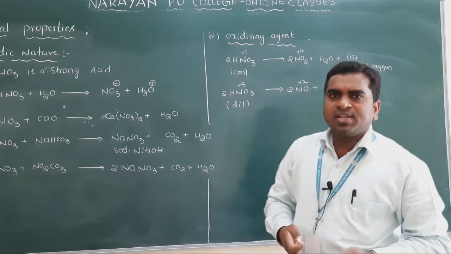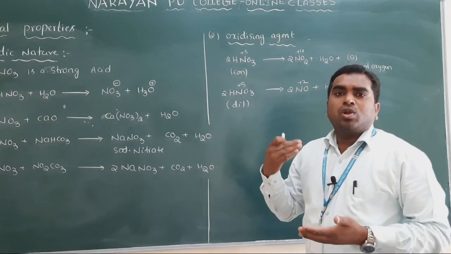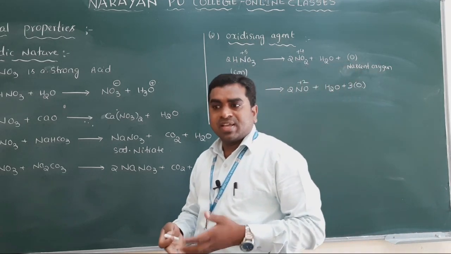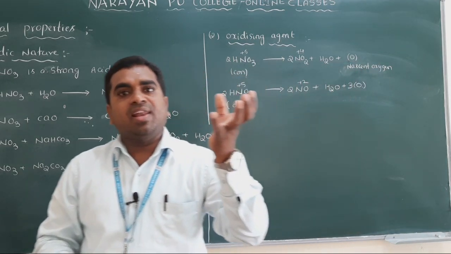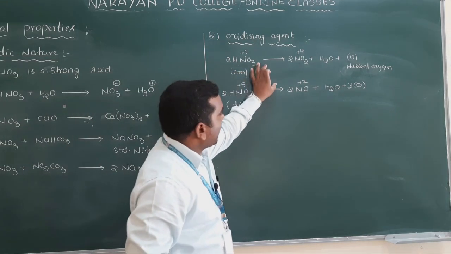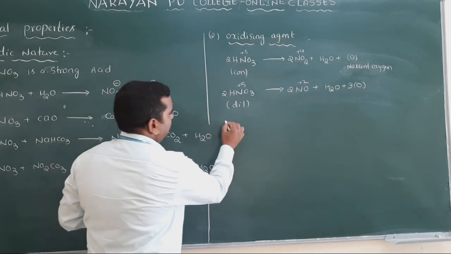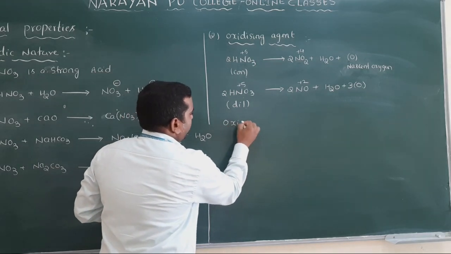We will discuss one by one how it oxidizes non-metals, metalloids and compounds, then finally metals. You have to remember this equation. Now first one I will discuss here, oxidation of